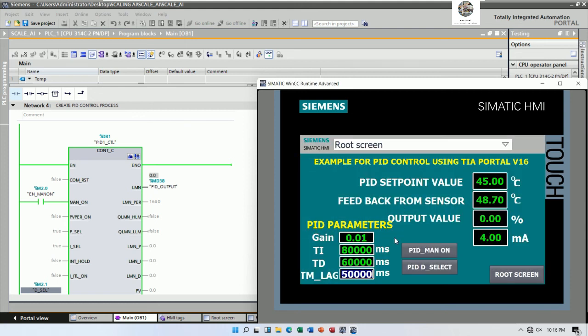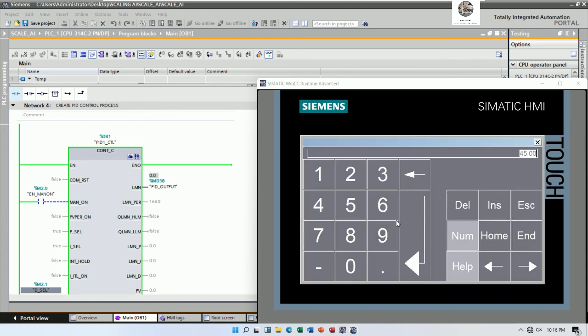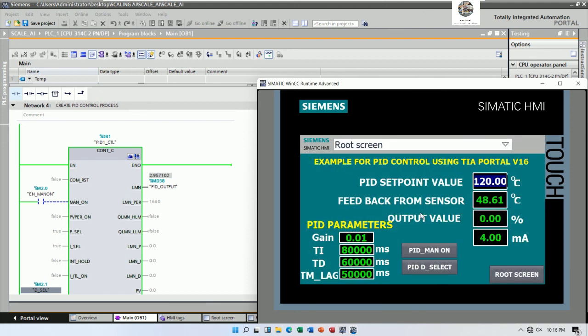It's just an example because we can control it by the timer that we set. So for example, I adjust the set point to be 120 degrees Celsius. Let's see, the PID is working, and adjusts the output to be 100%